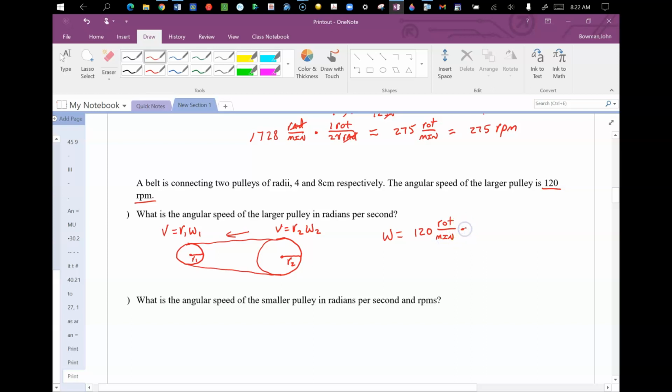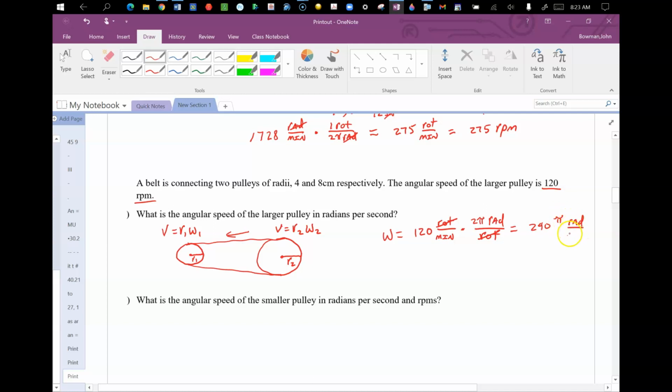So we're going to convert to that, and we're going to use our 2 pi radians per rotation. So basically, we're taking 120 rotations and multiplying it by 2 pi, because each rotation is 2 pi radians, and we get 240 pi